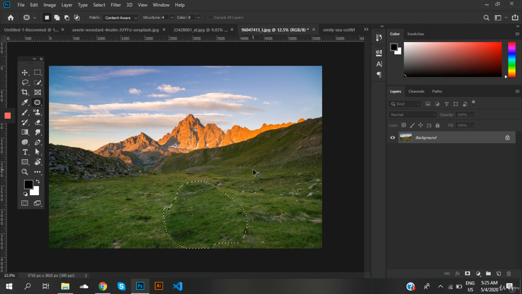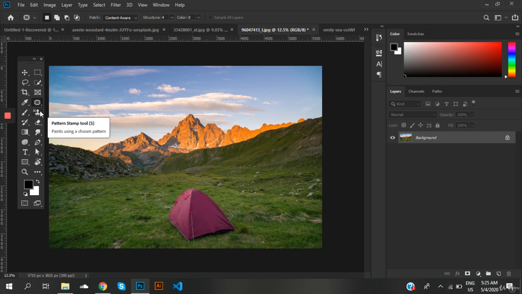So this was the patch tool, and there is one other tool, the clone stamp tool. So what does the clone stamp tool do? Let's say this is my brush. I'll press Alt, keep Alt pressed, and click once, left click. Now this area is my source. I have selected this source, and now when I click here and drag it here,